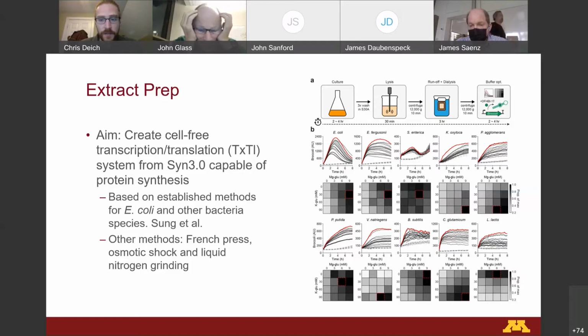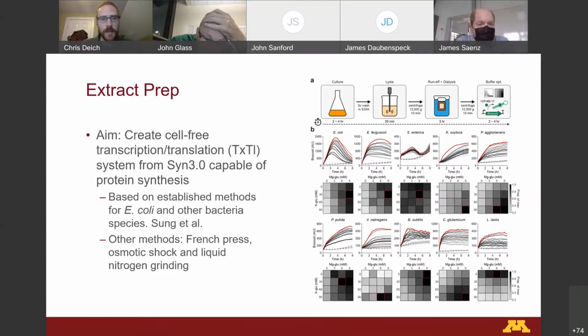Lysis was then achieved using sonication, French press, osmotic lysis, or grinding the cells with liquid nitrogen. And after cell lysis, the cell extract was isolated and underwent a runoff incubation to release ribosomes from their transcripts, and then dialysis was performed in the S30 buffer after that. Then finally, these extracts were flash frozen, and the viability of them was measured using fluorescent reporter proteins or fluorescent